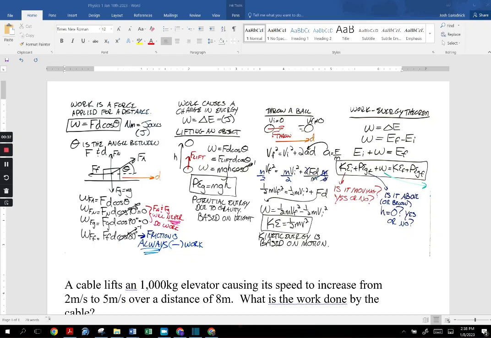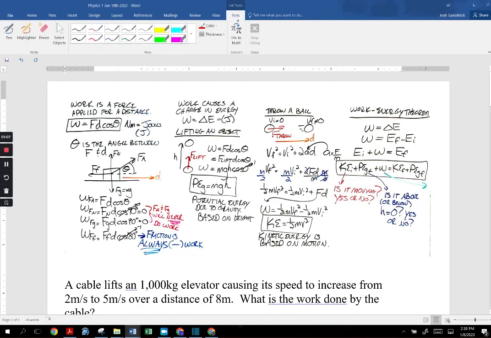And these notes are also posted already in Classroom, along with a link to this video. So we start with work being defined as force applied for a distance. Literally F d cosine theta. The units are Newton meters, force times distance, and the units are actually joules. Now theta is the angle between the direction of the force and the direction the object is moving. As you can see in this example, I've pulled some block with an applied force across the surface. There is friction,